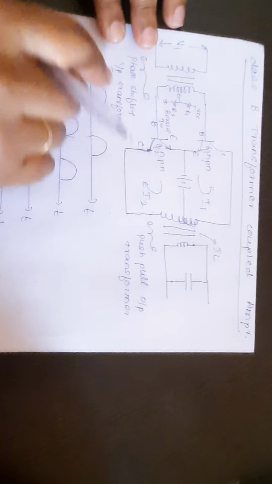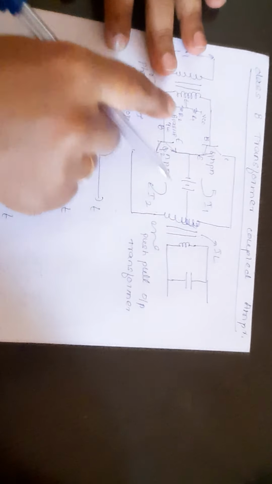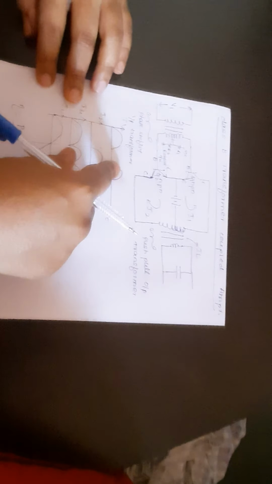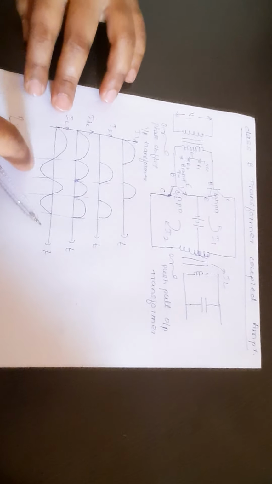This is the Class B transformer coupled amplifier. At the primary side, we have used the transformer. AC signal we are giving here. The biasing network R1 and R2 is used here. This is a phase shifting input transformer. Now two transistors are used because I want one for the positive half cycle and this one for the negative half. So we will be having I1 flow and I2 flow. One half cycle because of this, next half cycle because of this. This is the push-pull output transformer, and we'll be having the load current IL. This current is I1, and I2 is this current. Then IDC will be the addition of these two. Then IL will be the load current.